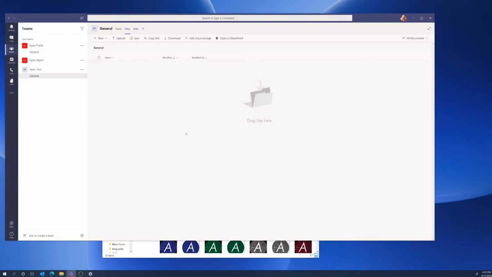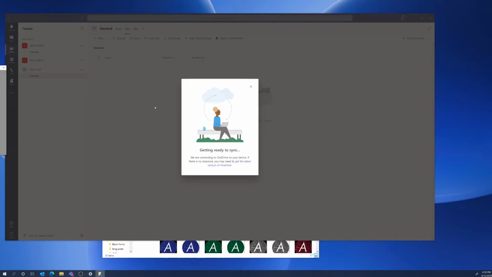You could just drag and drop files and folders into here, but there's a limit to the number of files you can copy at any one time using that method. If you've got a larger file structure you want to sync, I recommend clicking on the little sync icon up here. If you click on the sync icon, it will open up the Microsoft OneDrive agent and use that to sync the data over to